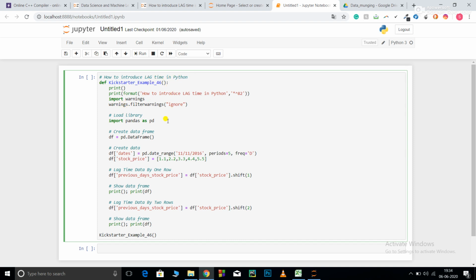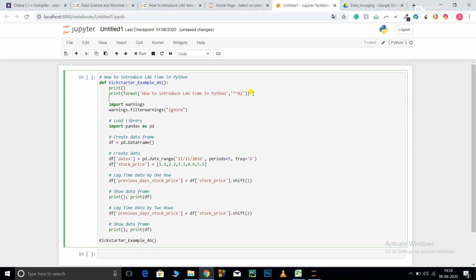So this is what lag time does. Lag time can shift. Basically, there is a parameter shift in which you pass a number, for example 2 or 3. It shifts the column that you want to analyze by that shift number. So now let's get started with the code to get a clearer understanding of that.